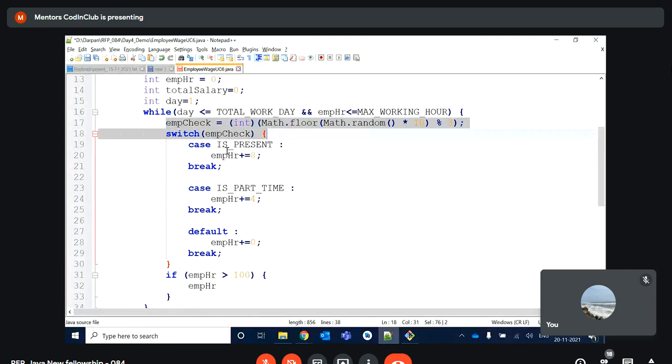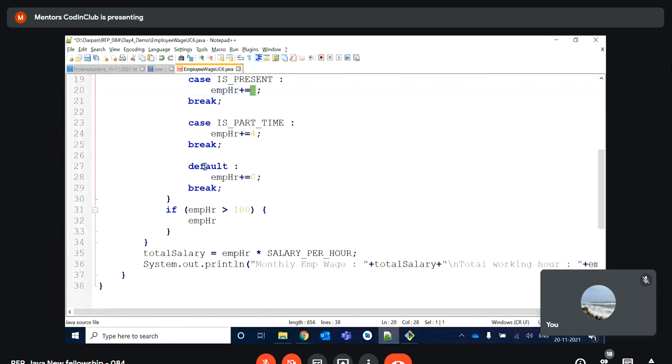In this scenario, if the employee is present for the full day, so 96 plus 8, how much employee hour will be there? If we add 8 hours to 96, it will be 104. And that 104 happens only in this scenario.